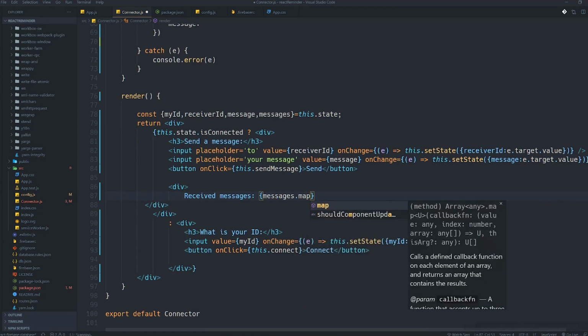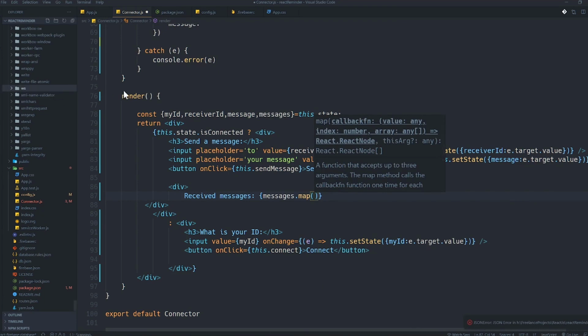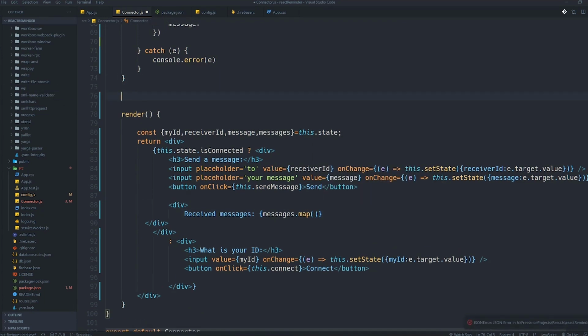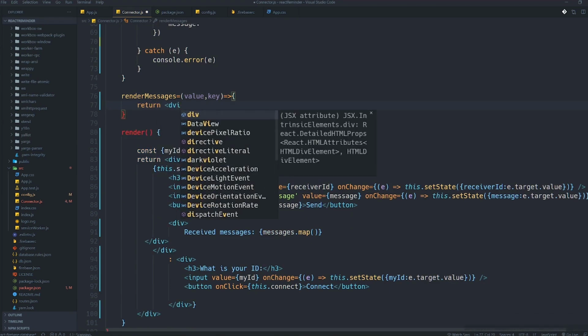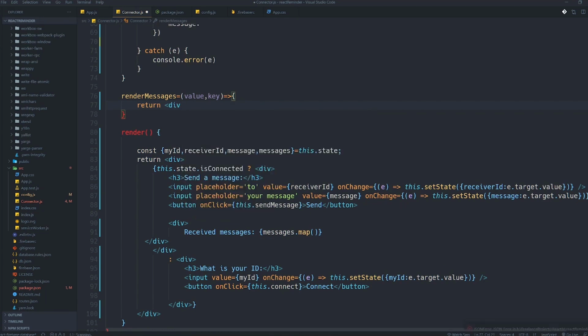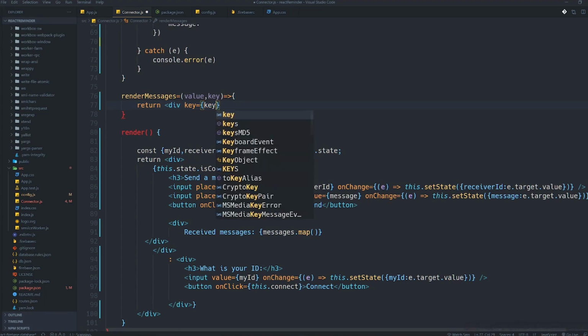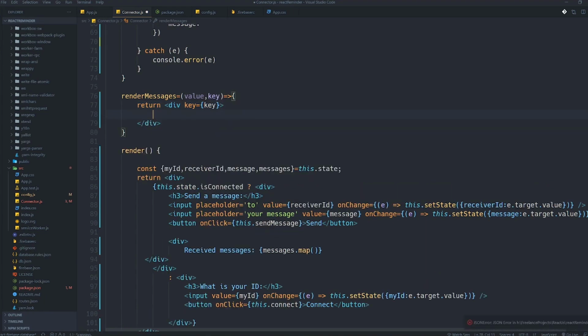Dot map, and I can add another function, renderMessages, and the first parameter will be value and the second one will be key. Yeah, and return a div. I should specify key here, otherwise I get a warning from React. Key, and inside it